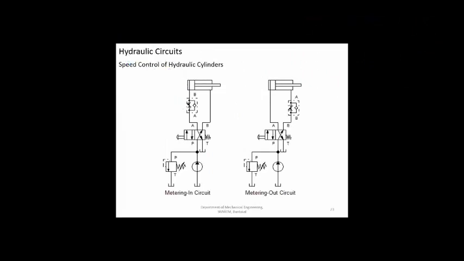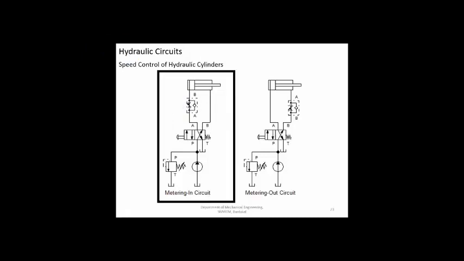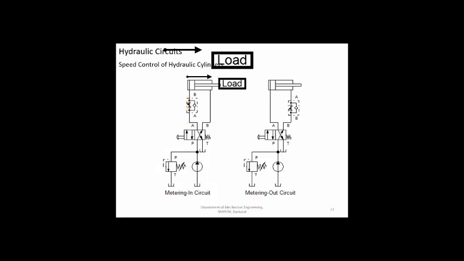Now which one to use, and what is the advantage and disadvantage of each? If you look here, whatever fluid is coming has to pass through the flow control valve and the piston will move forward. But the speed at which the piston moves forward cannot be controlled if you are not connecting any load here, because the high pressure fluid coming in will simply push the piston forward. So if there is no load, it will move very rapidly. It can have a very jerky movement. That is the case with metering in control.